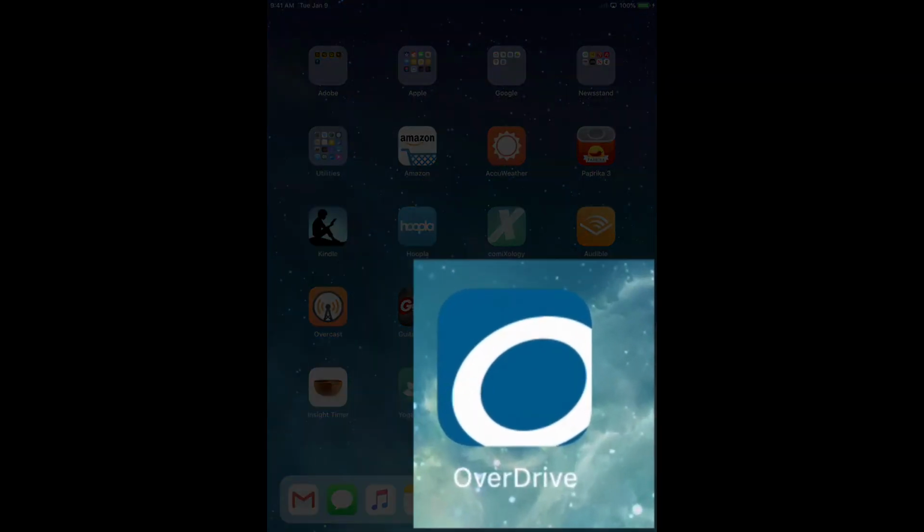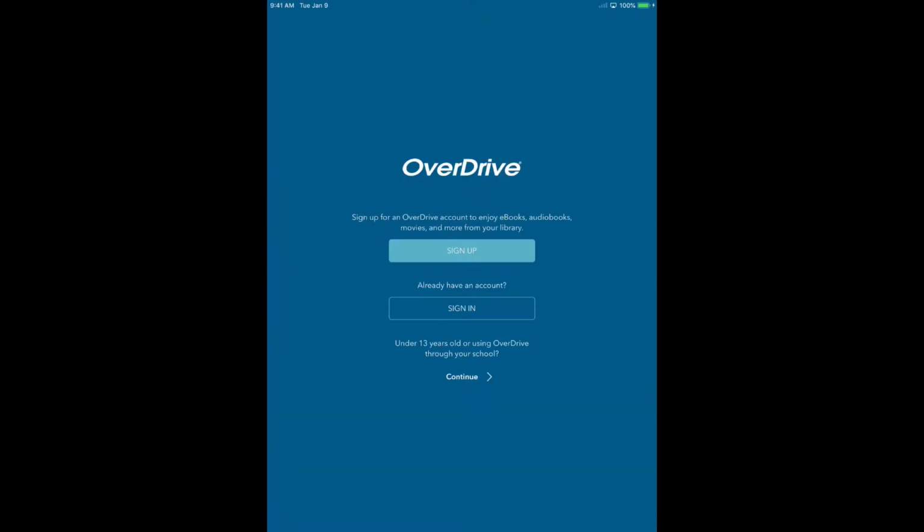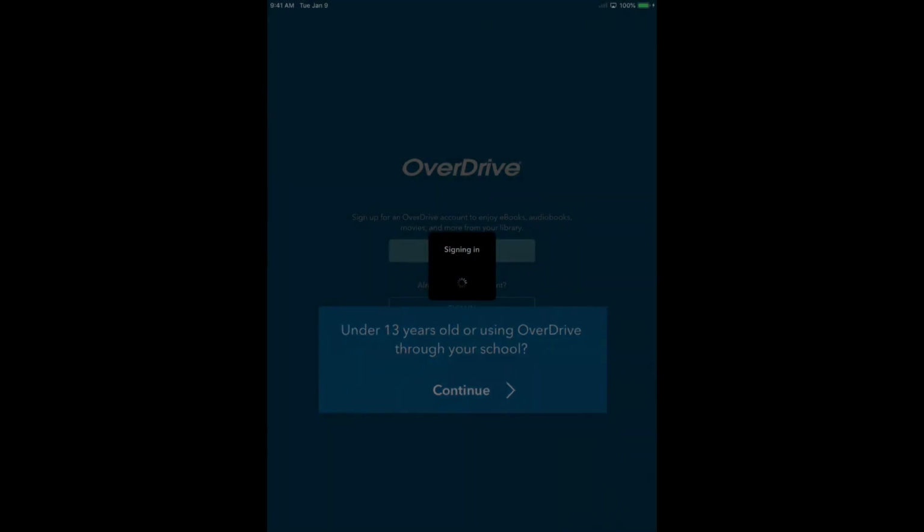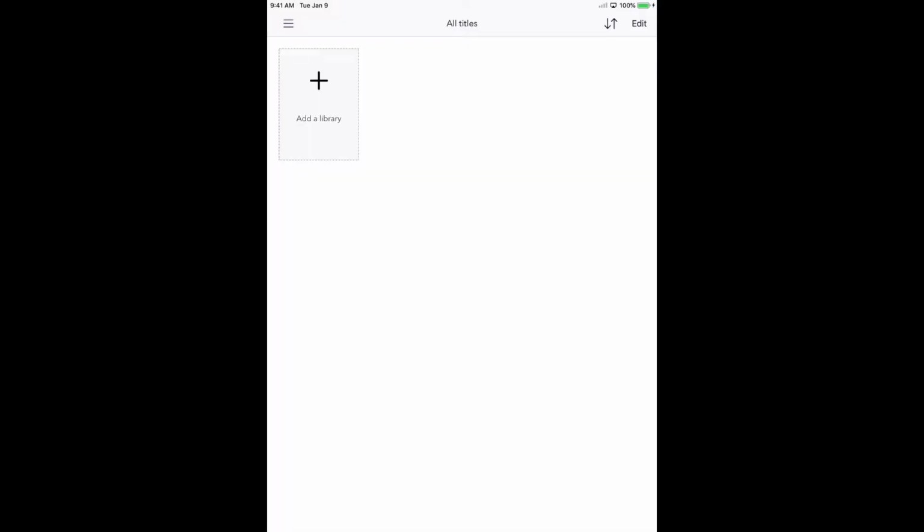Once I have the app on my device, I click it to open it and I'll be taken to a sign up page. I don't actually want to sign up for an Overdrive account. If you look at the bottom here, it says under 13 years old or using Overdrive through your school. I'm going to click on that. Okay, now I'm on a page where I can add a library. Just click the plus sign